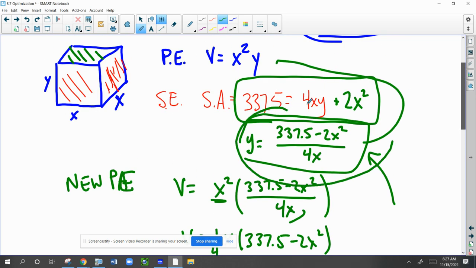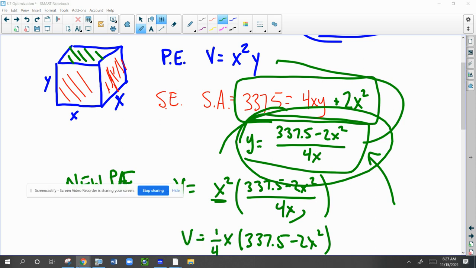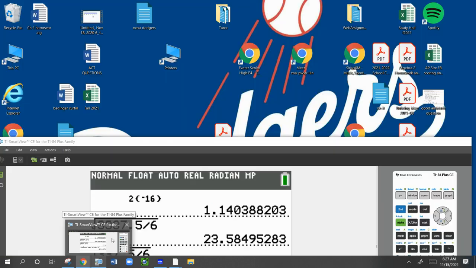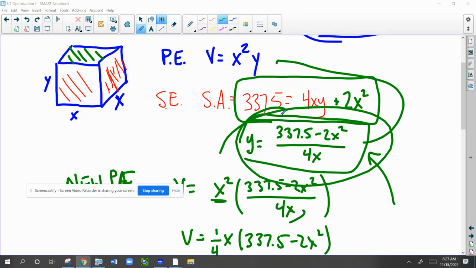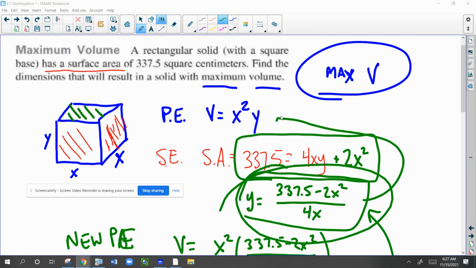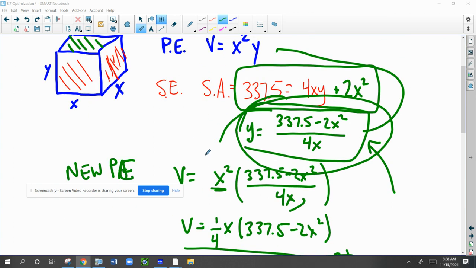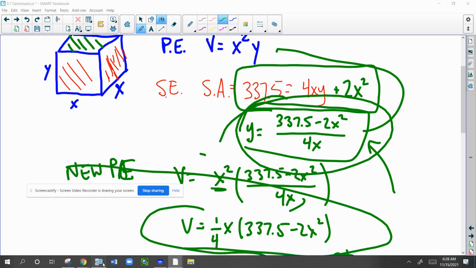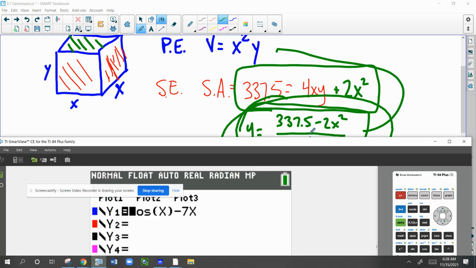Like I said, I should have plugged it in here. So plug it in there. You do that because I don't want to waste your time here. I do want to show you how to check though. So all we're doing is trying to figure out what the maximum volume of this equation is. So on your calculator, if you type that into y equals